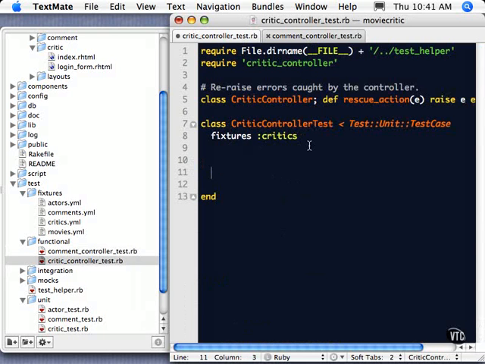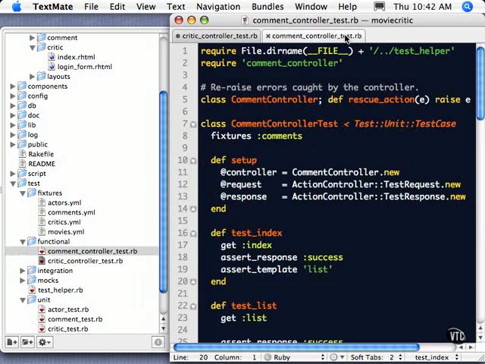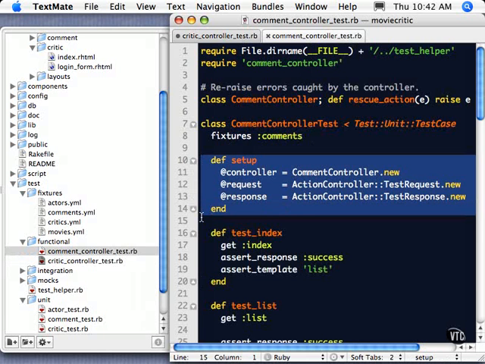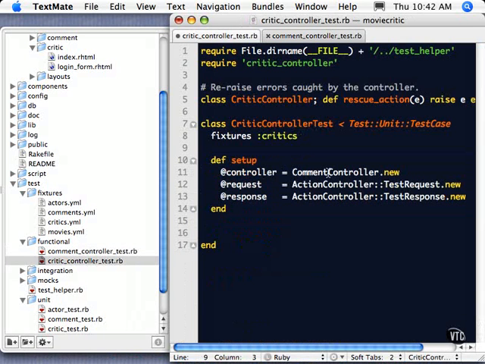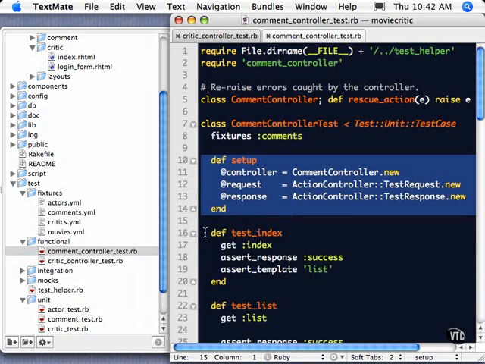The next thing you'll notice in our other file, in our comment file, is that there's a setup right up front. They're setting us up, and we can copy and paste this in. And let's fix this up a little bit. First off, it's not going to be a comment controller, it's going to be a critic controller, and the rest looks okay. And then the one test that we're going to copy out of here is our